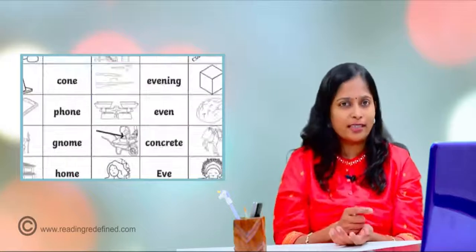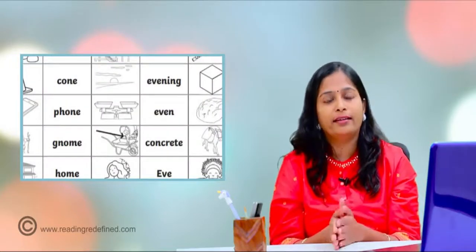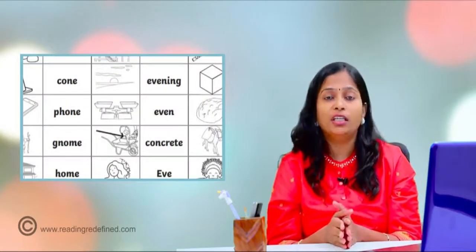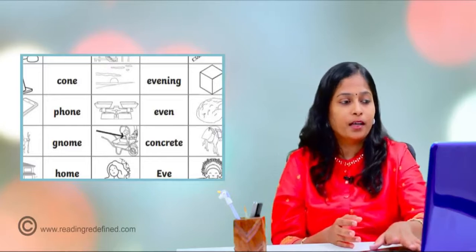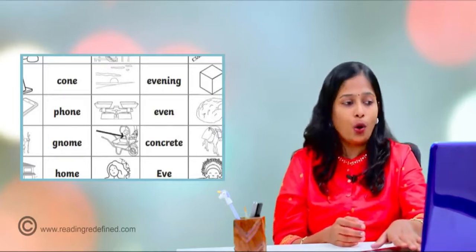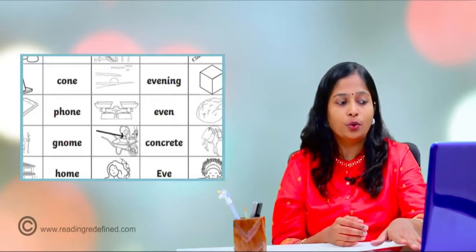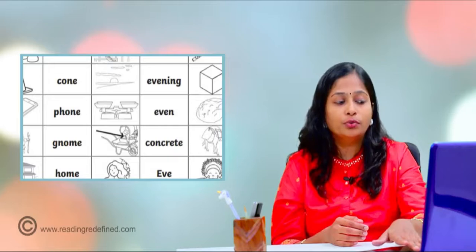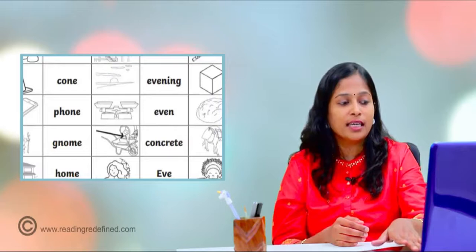Once they start writing, then they get used to write the magic-y words. So the words like bone, stone, cone, phone, gnome, home, rope, globe, nose, scene, complete, sweet, eve, concrete, even,